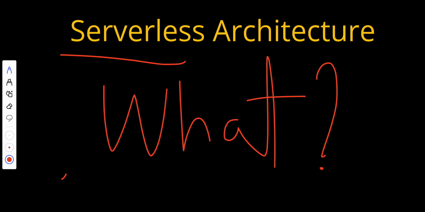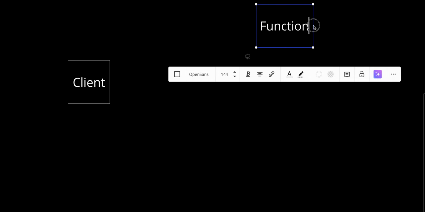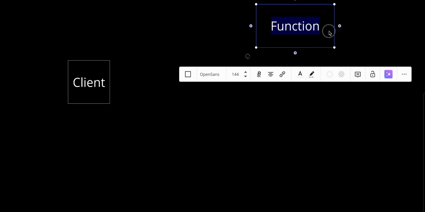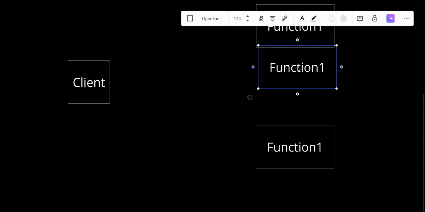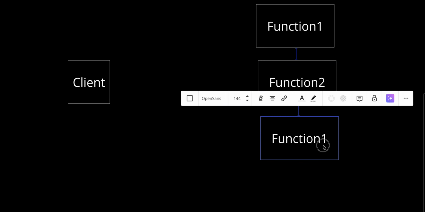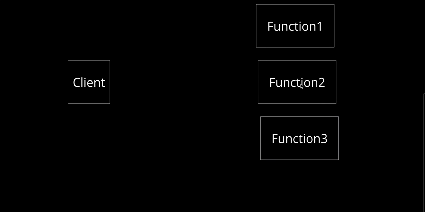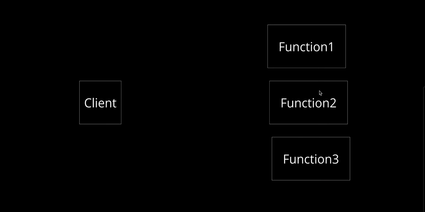Okay, let's try to understand how it works. Let's make a quite small example and then we can understand how it works. So let's assume that we have a client. And we said before, developers only care about creating code, and we assume creating code will be by basically creating functions. So let's say I have function 1, and function 2, and function 3. So as we said before, the developers only have to care about creating functions, but how